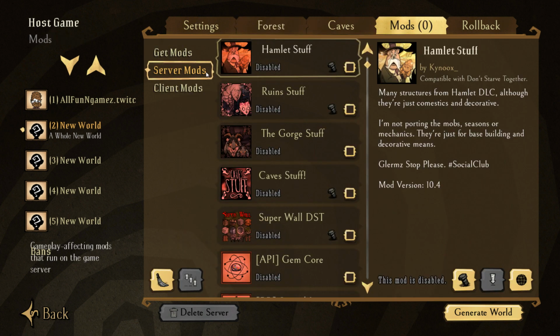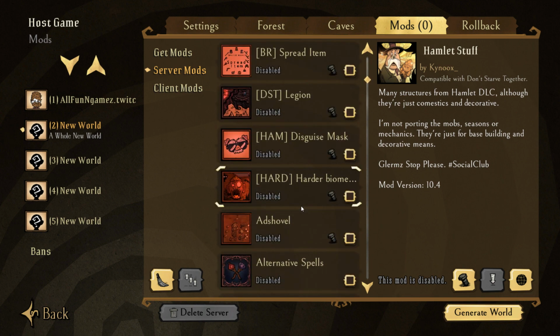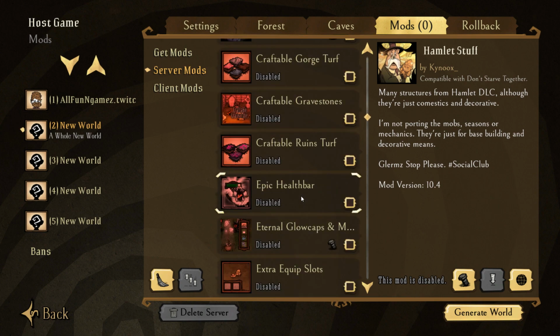Next up is your server side mods. Server side mods are basically what everybody that's joining your game is going to see. I like to pick a lot of them, but for this video specifically, I'm only going to pick the ones that really matter to me that I think you should have. One of those that you should really go with to start is, I have to scroll down because I have quite a few,